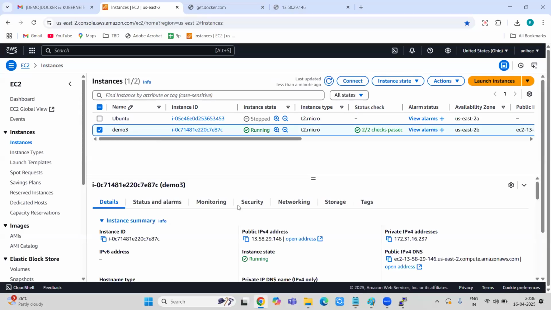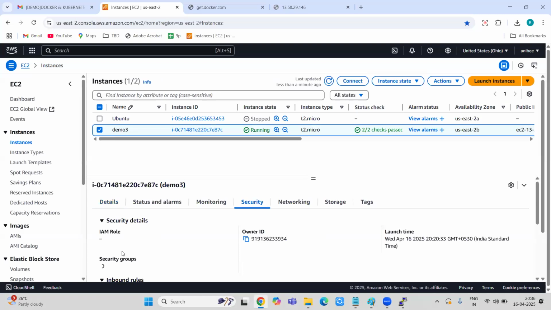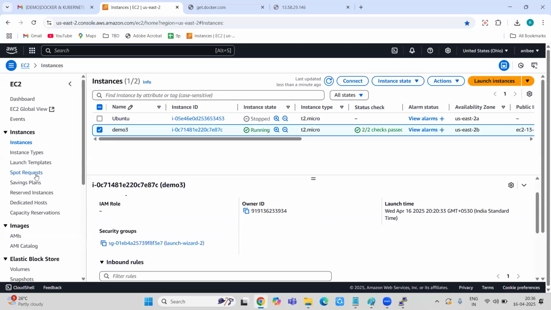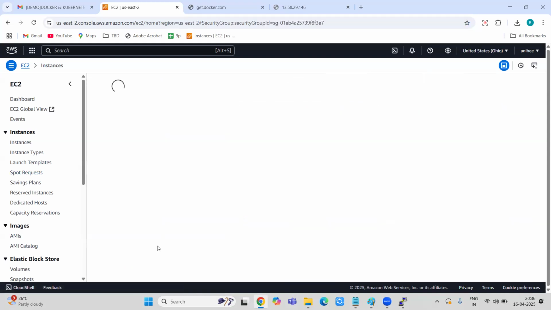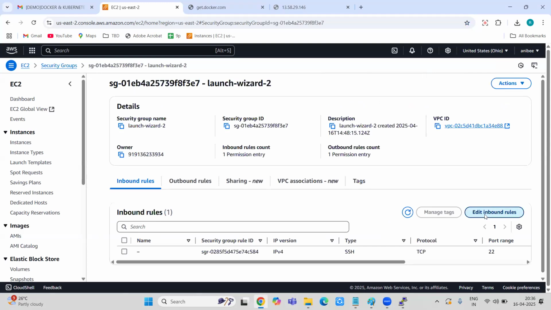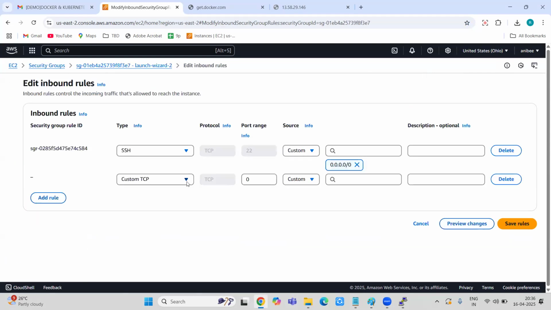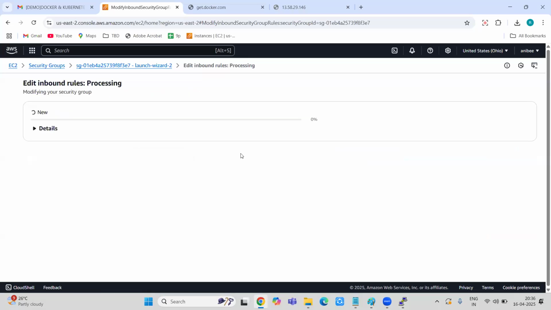Demo 3, security groups. Security groups is where we define the inbound or outbound rules so that we allow particular ports to be connected. We all know that in our organization some ports are blocked, right? In my organization, I'm not able to access YouTube, because they have blocked that particular port. This is where the security group comes in.